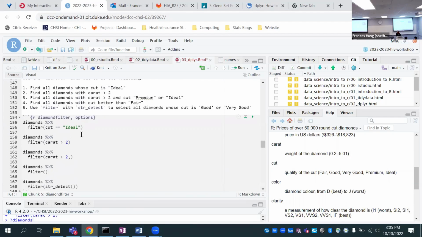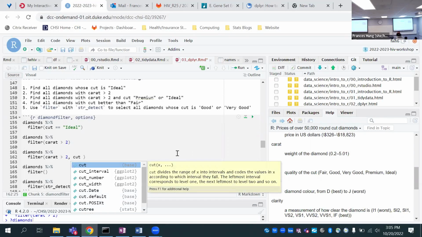For the next one, I'm going to ask for someone to give me the second part of this. So if we have diamonds and we want to filter for carat more than 2 and cut premium or ideal, what should I put after this comma? Yeah, right. Cool.